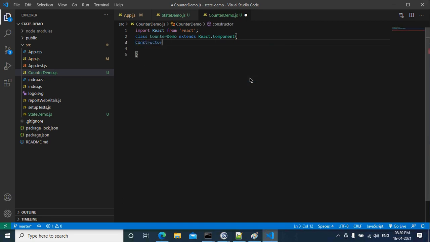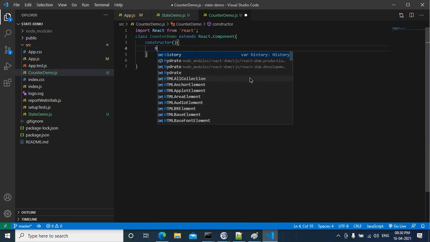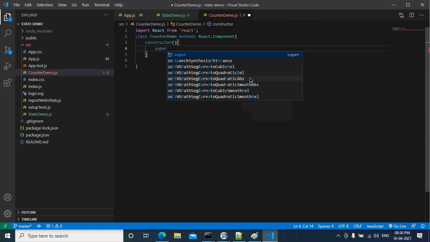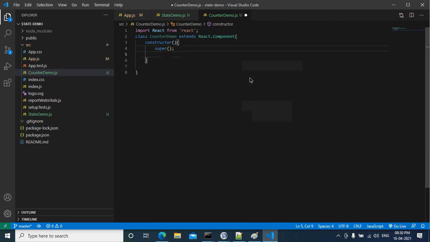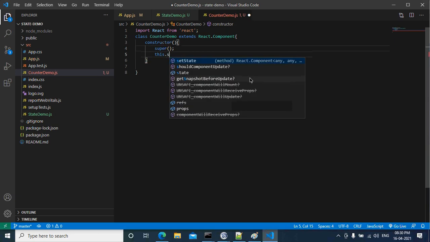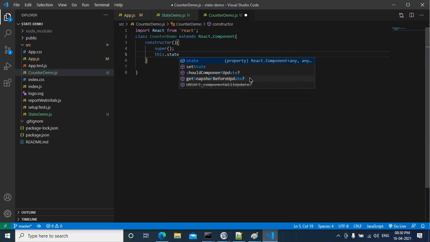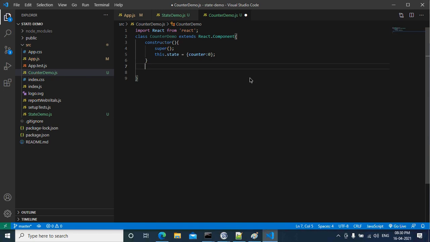I'm going to create a constructor. Sorry, we have to call the super, right? Super, this.state. I'm having the state value as counter 0. Now, in my render,